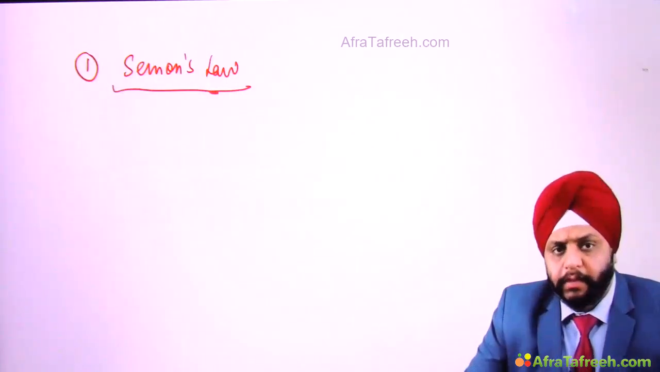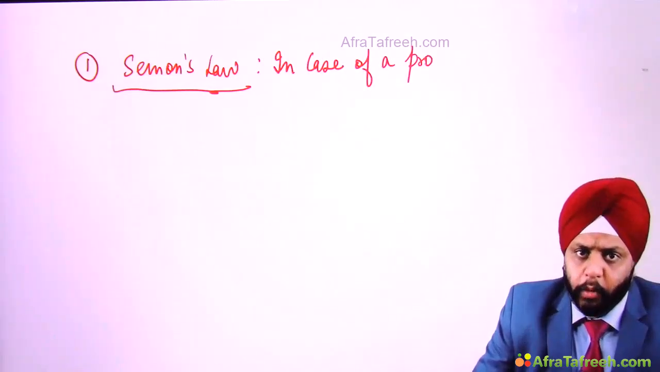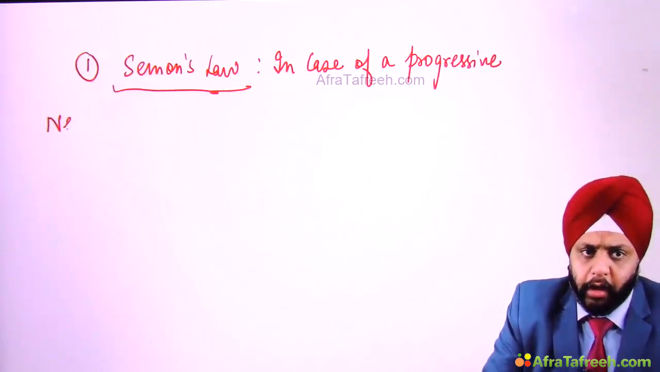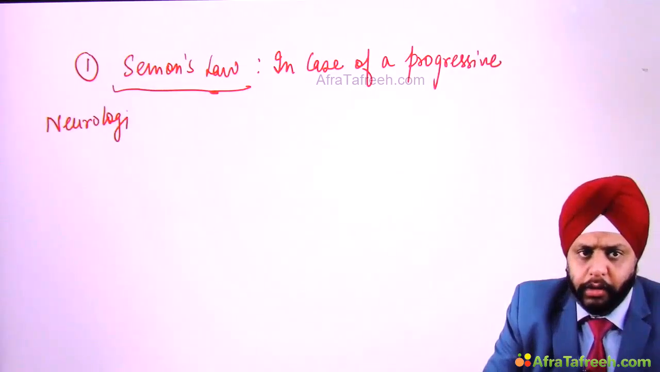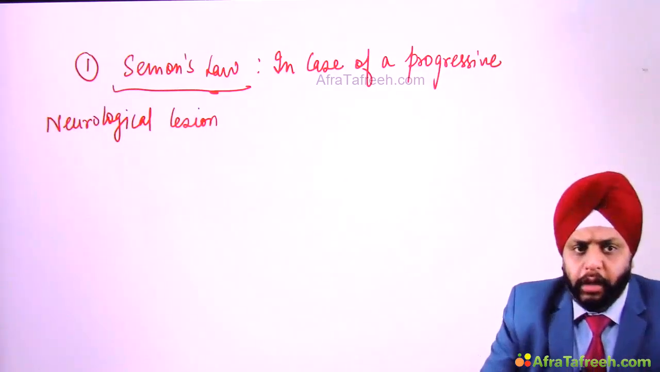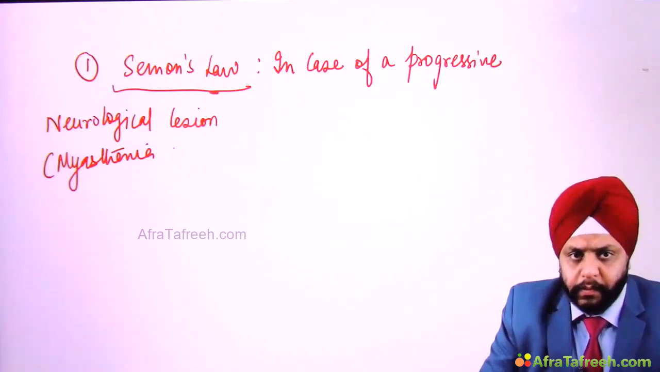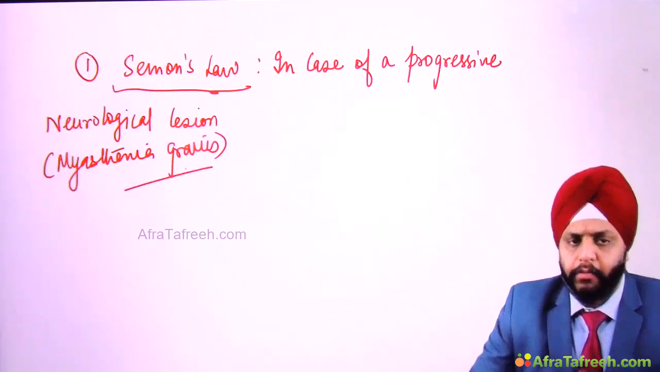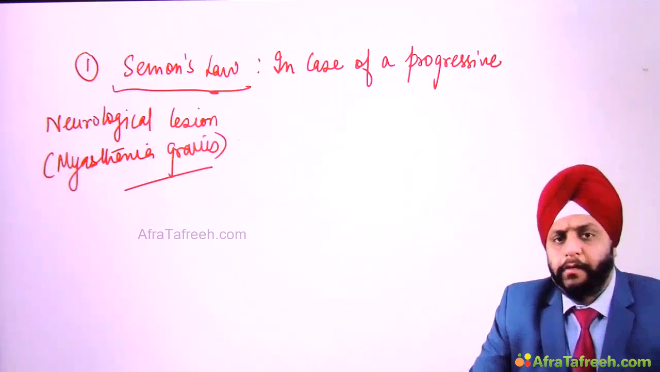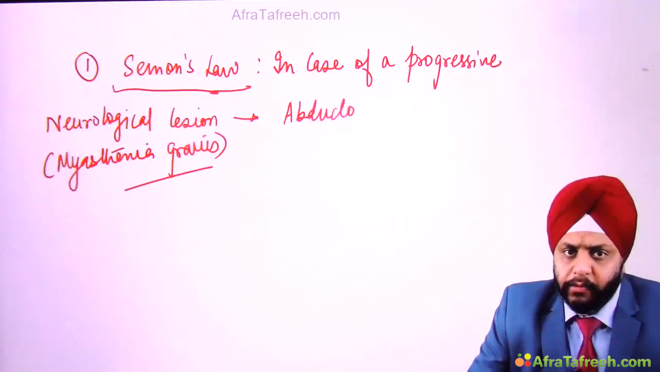Okay, now what is this Siemens law? Siemens law is that in case of a progressive neurological lesion, so when I say progressive neurological lesion, I can mean myasthenia gravis. So that's a progressive neurological lesion. In case of a progressive neurological lesion, the abductory fibers